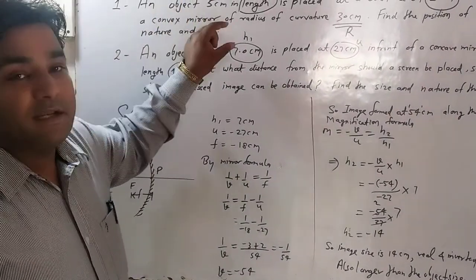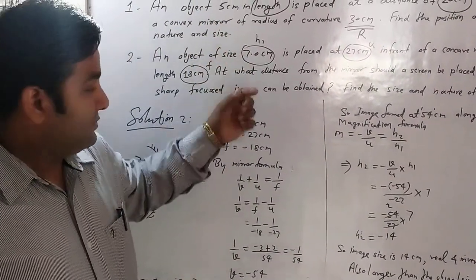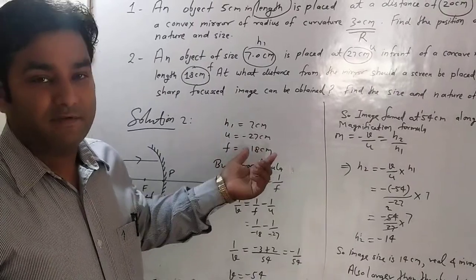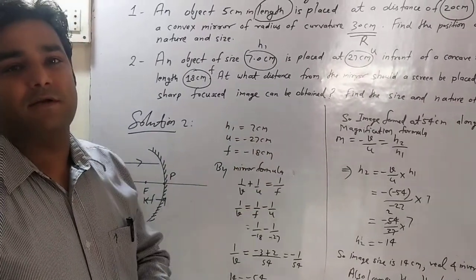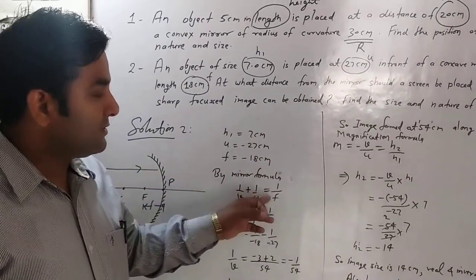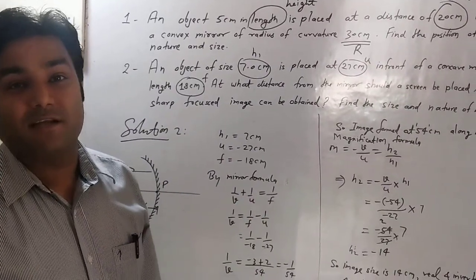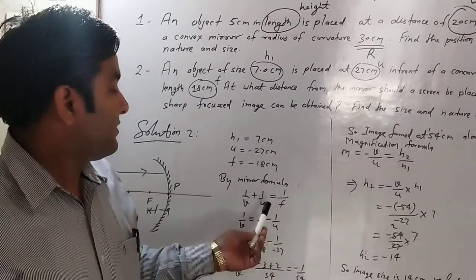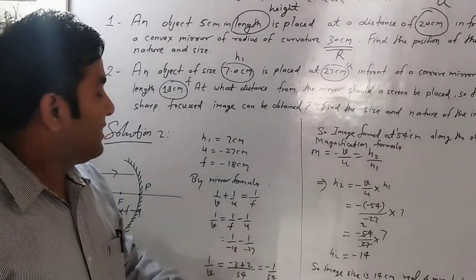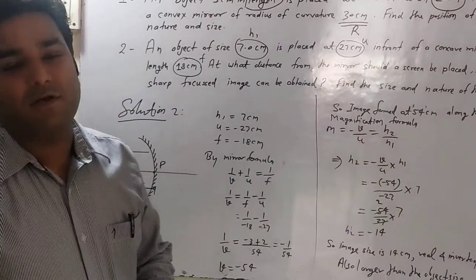So in any problem, suppose the physical quantities that are given are clear, then what you have to calculate, that is very easy, by knowing all the terms along with either rules or image formation cases, and either mirror formula, magnification formula, and radius of curvature and focal length relationship.